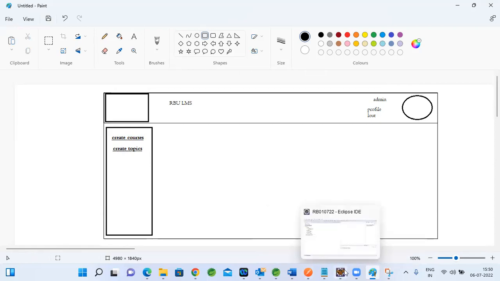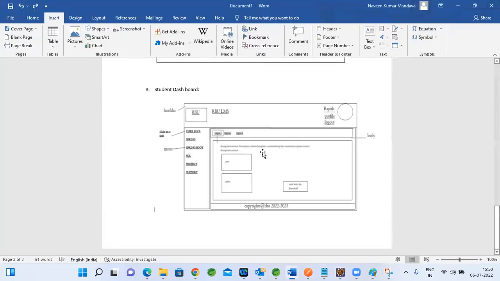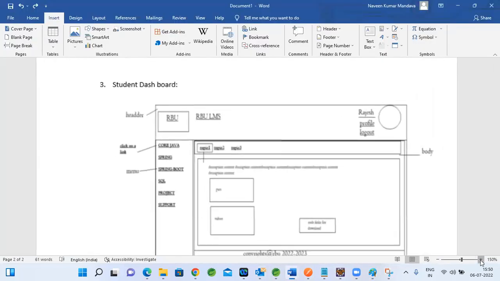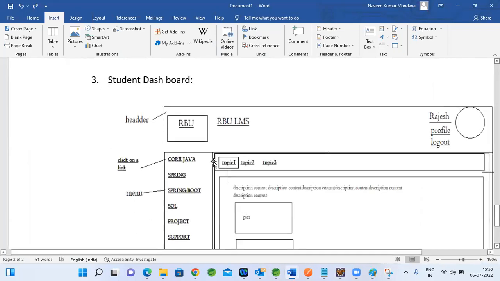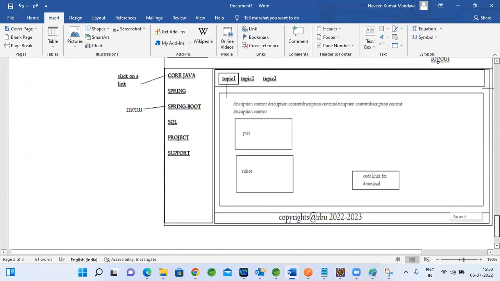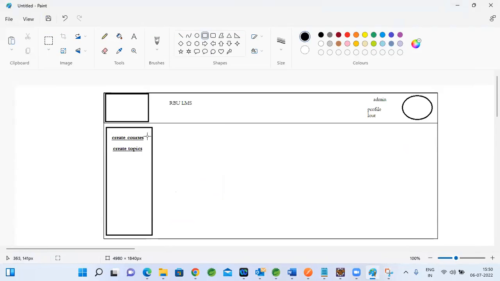So in our previous student login, when the student logs in, he should be able to see the course names first. When he clicks on a particular course name, he should be able to see the topics list here. And from the topics, he should be able to see the topic description, images and videos. So the same thing I want to do here. When I click on create course, I want